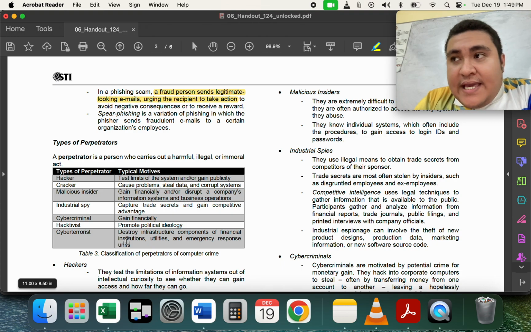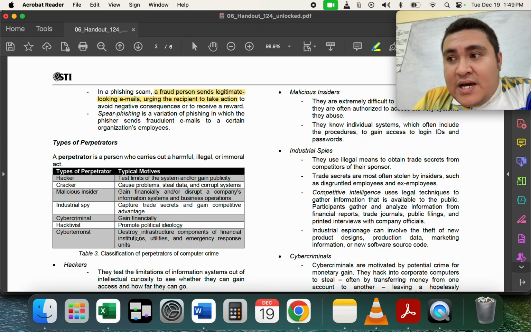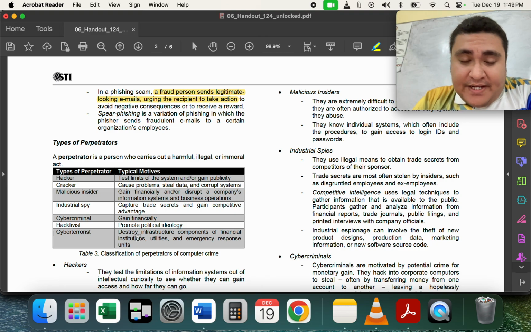So one thing I have knowledge of on this one is that cyber terrorists who try to perpetrate attacks on the airport system of a particular country. With that, of course, there will be disruption on the landing and the takeoff of airplanes, and that will cause some harm to those who are traveling, of course.